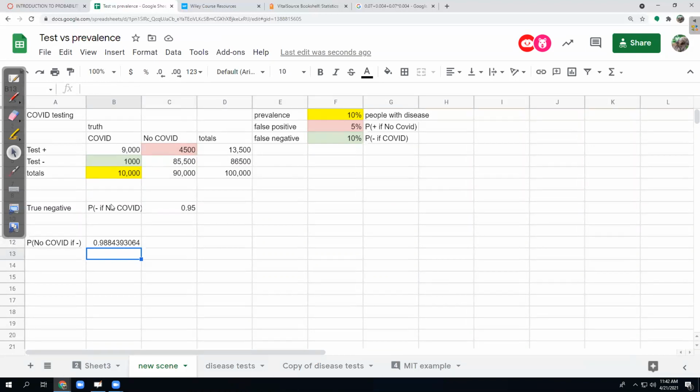This one, if I know I don't have COVID, what's the probability of getting a negative test? So two different things. This one right here is a true negative test. This one right down here, I believe, is called the negative predictive value. I think they call it the NPV for a test. Doctors are usually concerned about that number too. All right. Oof, this stuff is mind-blowing. It takes time to get used to. But it is time to stop. But one more note before